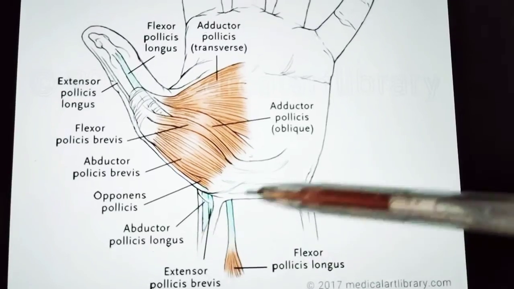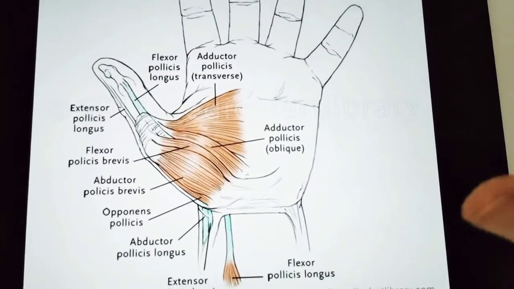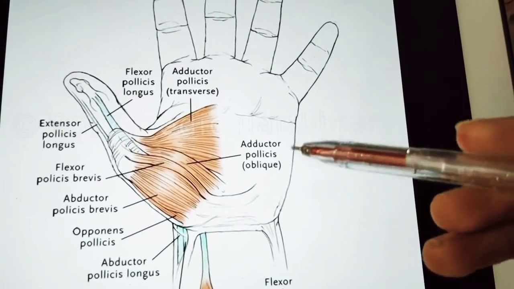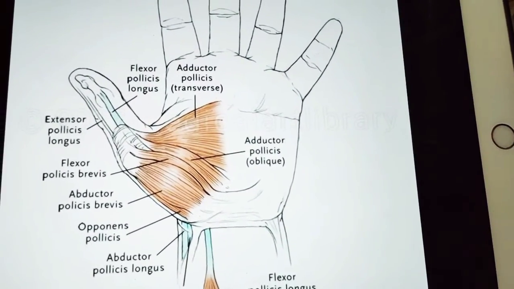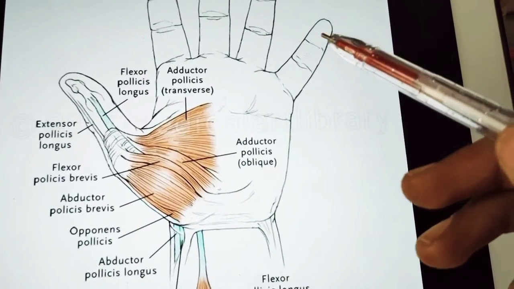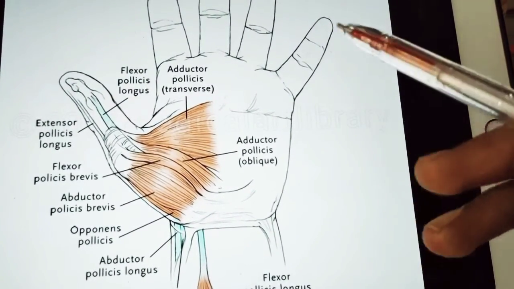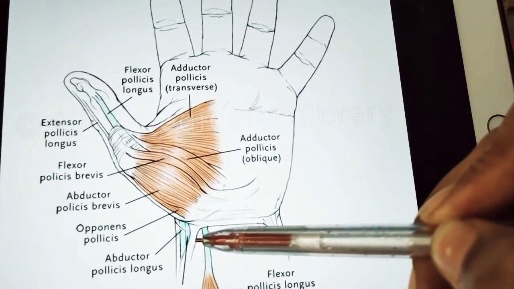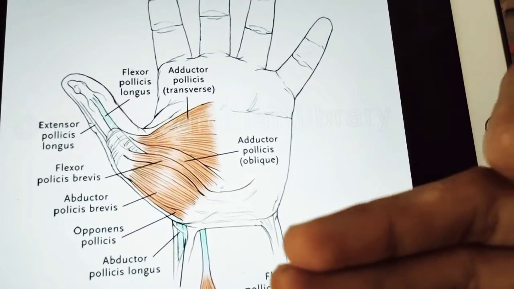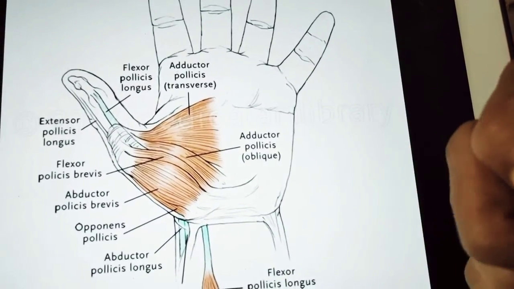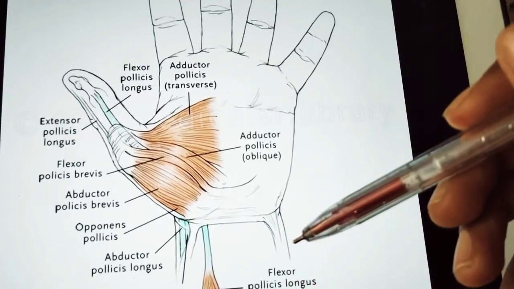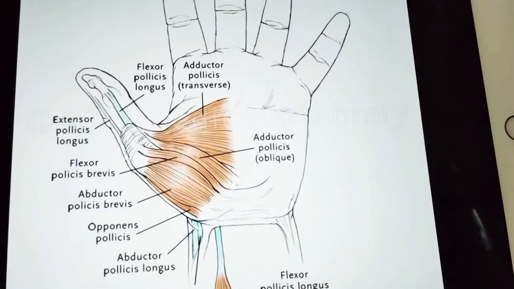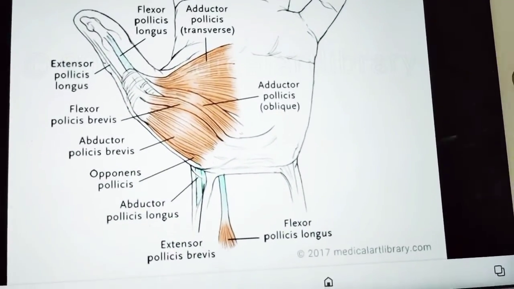So how is it getting its origin? Always remember, if anyone asks you where the pisiform bone is, just say directly towards your little finger downward you will have the pisiform bone. This is a trick to remember your carpal bones. Just below your little finger side you will have your pisiform, and always towards your thumb side you will have your scaphoid bone. In the proximal row you have scaphoid, and in the second row you have your trapezium. Here in your proximal row you will have the pisiform, and in the next row you will have, of course, your hamate, right? So now we are discussing our abductor pollicis brevis.